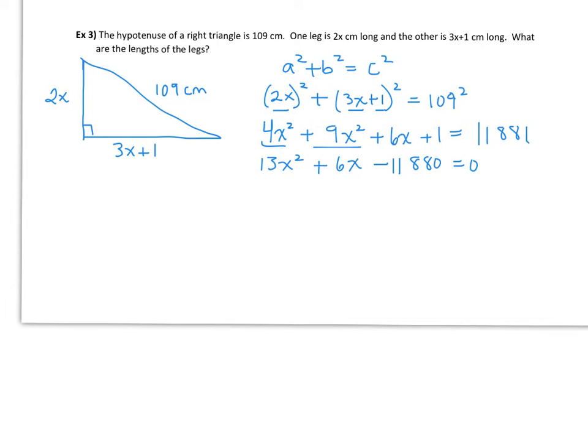All right, now I'm looking at this, and it's a trinomial. I don't see any common factor here. 6 doesn't divide the 13 evenly, so we're out of luck here. It is going to be a tricky trinomial. We're looking for two numbers that will add to 6, and at the same time, they have to multiply to negative